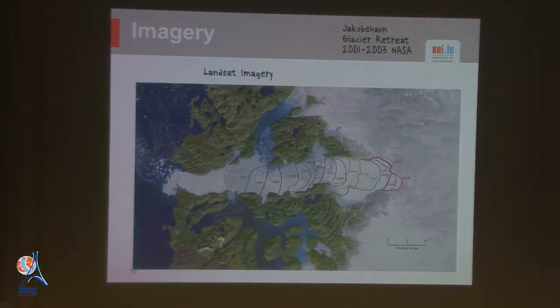And then I mentioned imagery, InSAR, Landsat. This is a picture of the Jakobshavn Glacier. It's the big glacier on the west coast of Greenland, right about in the middle, and I'll show you on a map. Now, this is where the front of the glacier was in 1851, and this is where it was in 2009. There's a story by some colleagues of mine who, I don't know when they went, but they